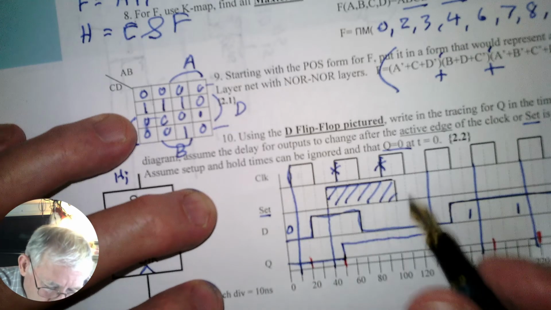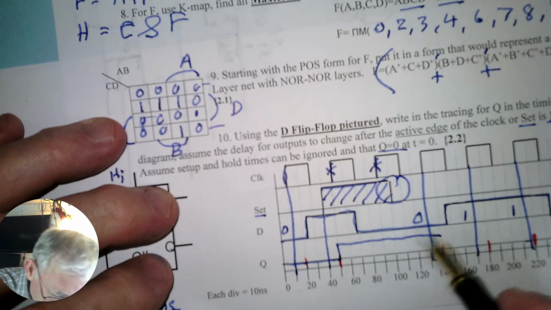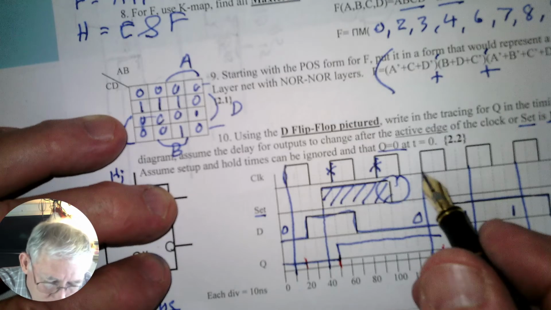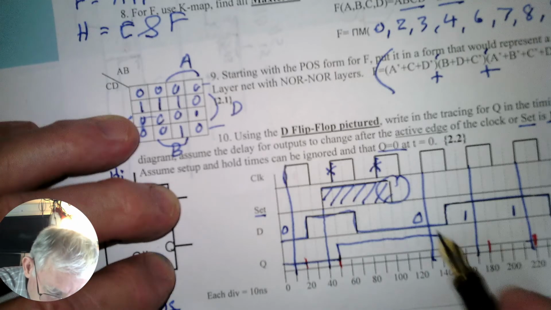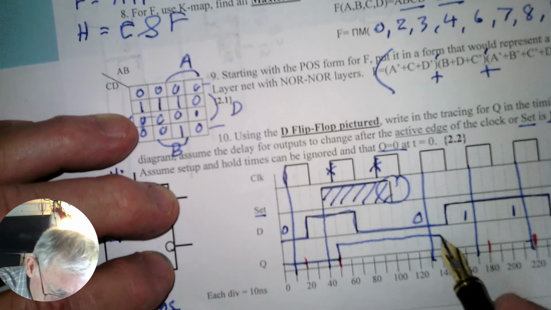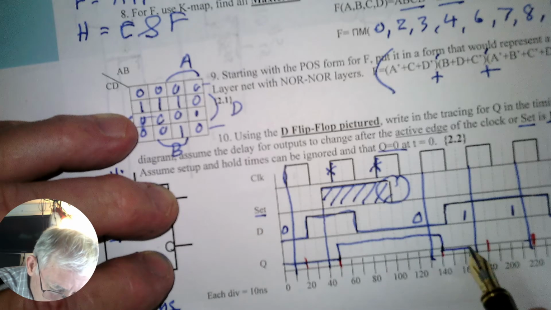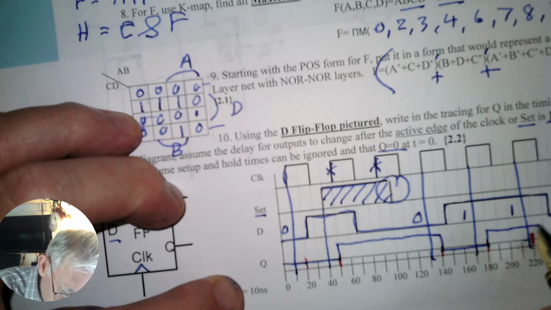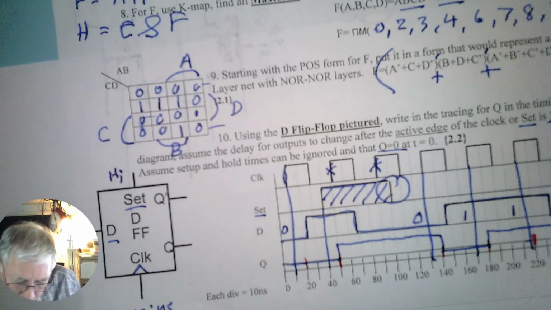Now notice, when we take the set away, it doesn't change the output. Nothing changes until the next clock edge. All this going away does is allow the clock, the rising edge of the clock, to have an effect. In this case, D is 0, so it is going to cause it to go to clear. And then it's going to stay down here. Here, D was a 1, so it's going to get set, stay set, still a 1. And here, it's 0, so it's going to go down and stay 0. And that's all there is to it.